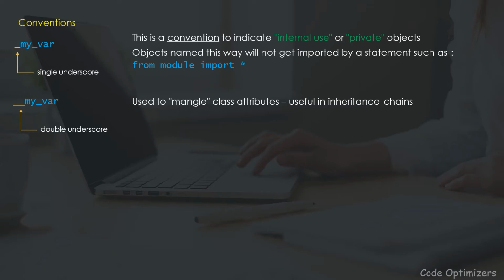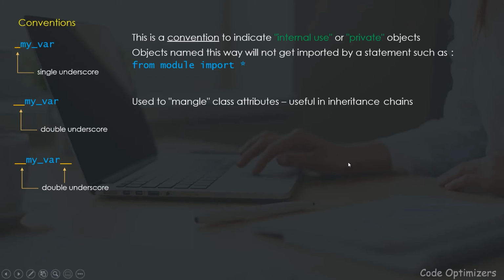And so when you want that to happen, you use this dunder in front of the property name. I will show that in a lot more detail. And the last one is names that start and end with a double underscore.